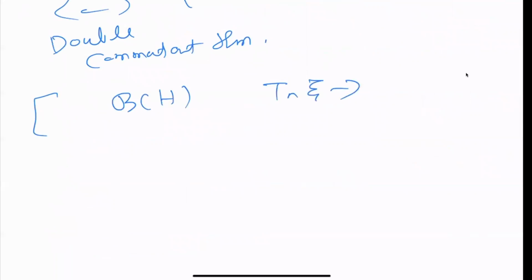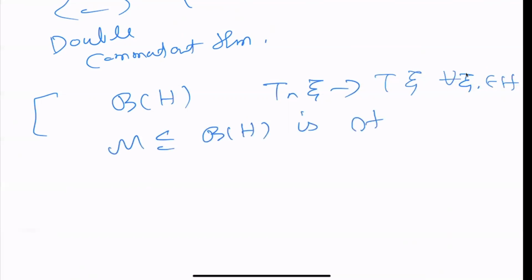So we use the following topology: if something converges for all Xi in H, then this is what is called the strong topology. There is a theorem of von Neumann, the double commutant theorem, which says that if you have a subspace M contained in B of H which is strongly closed, that is, closed in the strong topology,